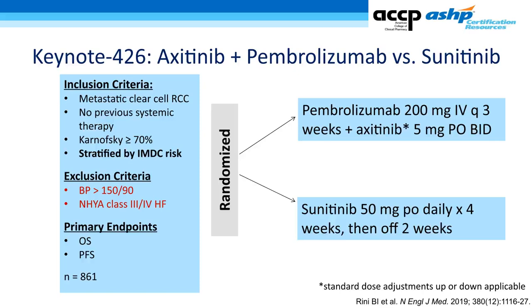Keynote 426 is the next study of combination axitinib plus pembrolizumab, the next combination regimen in this patient population compared to single-agent sunitinib. Very similar inclusion criteria, randomized to pembro 200 every 3 weeks, plus axitinib with standard dose adjustments based on toxicity, or standard dose sunitinib. Now, this was published in the New England Journal of Medicine 2019. There was an update published right before the slides were due, which I will talk a little bit more about